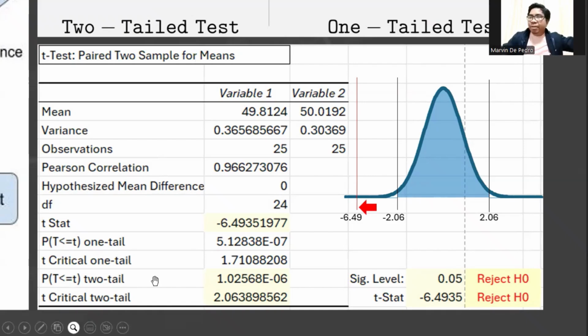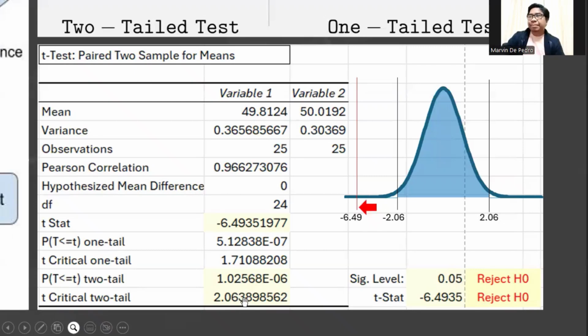Although all of the things here are important, what I want to highlight are these cells: the t-stat, the p-value, and the t-critical value of two tails. That's why we have to check whether we are conducting a two-tail test or a one-tail test, because the results are different. If we are doing a two-tail test, then we look at these values only.